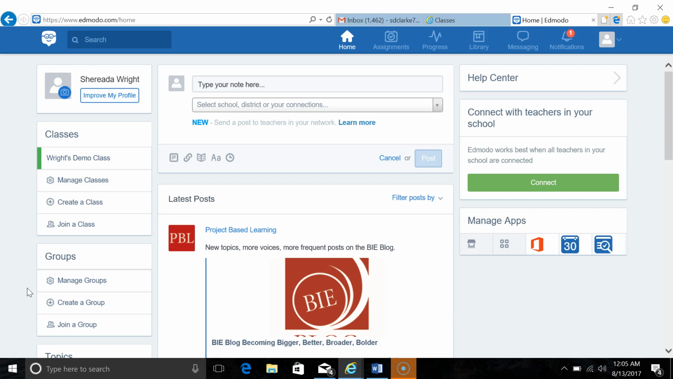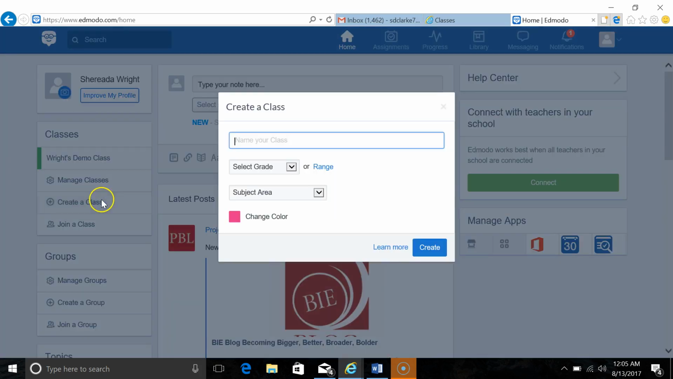I would like to begin with Edmodo, which you can access by typing in edmodo.com into your search bar and easily set up a free account. So here's my home page with the class that I've already set up, but teachers can create a new class by clicking on the Create a Class tab, and I'm going to enter a class,